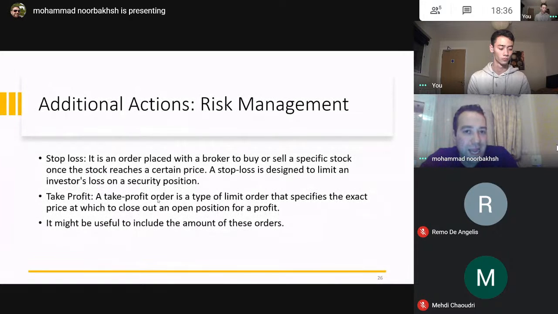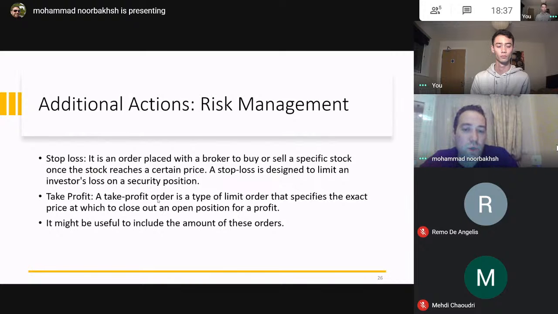In addition to states, we have to include some information for the actions to do some kind of risk management, because for FX trading, risk management is very, very important. We have stop loss orders and take profit orders. A stop loss is an order attached to your position, or we can even include it after you open a position in the market, to buy or sell,